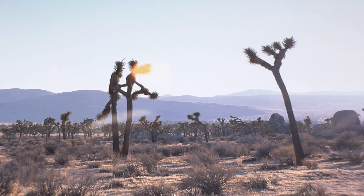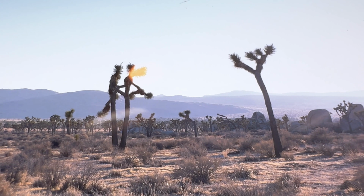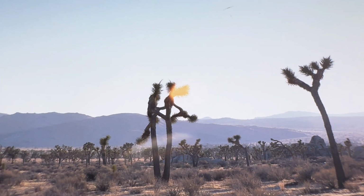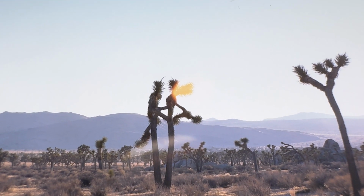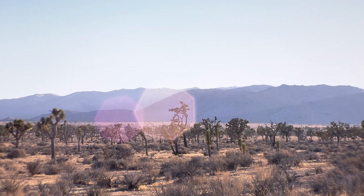This could be like another frame, right? You see some artifacts. I don't know what that yellow thing is. It's just the branch, now that I look closely, of the Joshua tree with some reflection from the sun. And this is the aperture, of course,